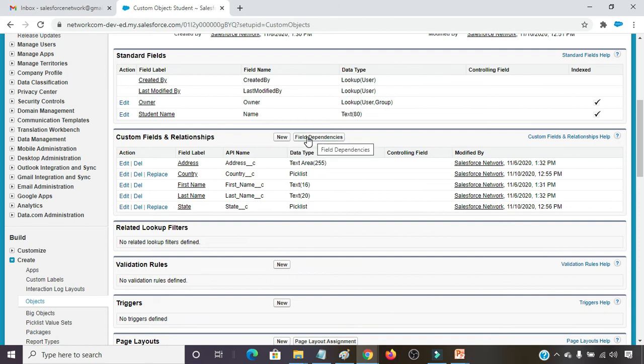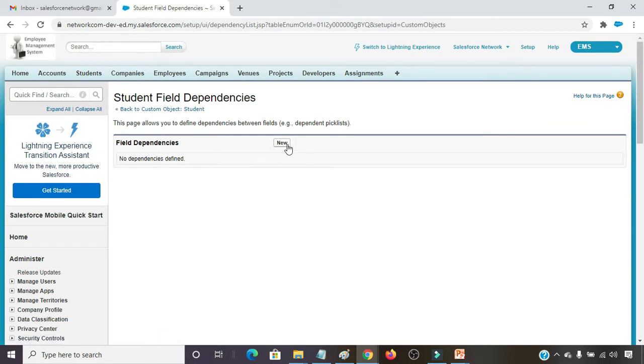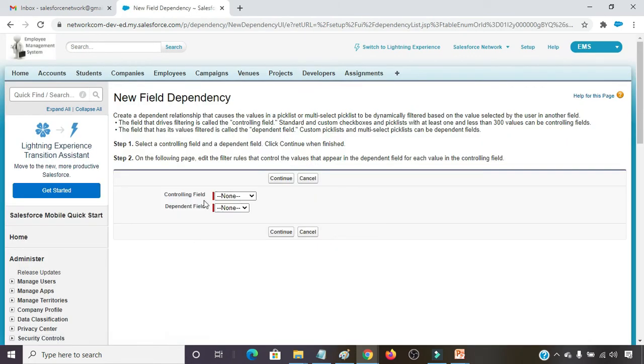Now we have to click on field dependency, clicking on new. So the controlling field is country and the dependent field is state. State is dependent on country. If there is no country, there is no state. So clicking on continue.